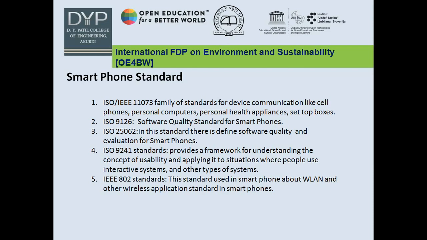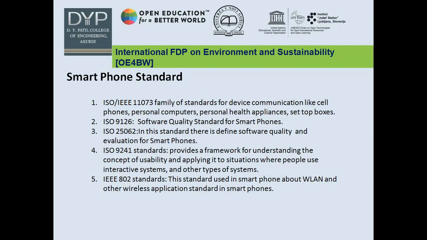Then standard 3, ISO 25062. This standard defines software quality and evaluation for smartphones. Then the ISO 9241 standard provides a framework for understanding the concept of usability and applying it to situations where people use interactive systems like your smartphone.